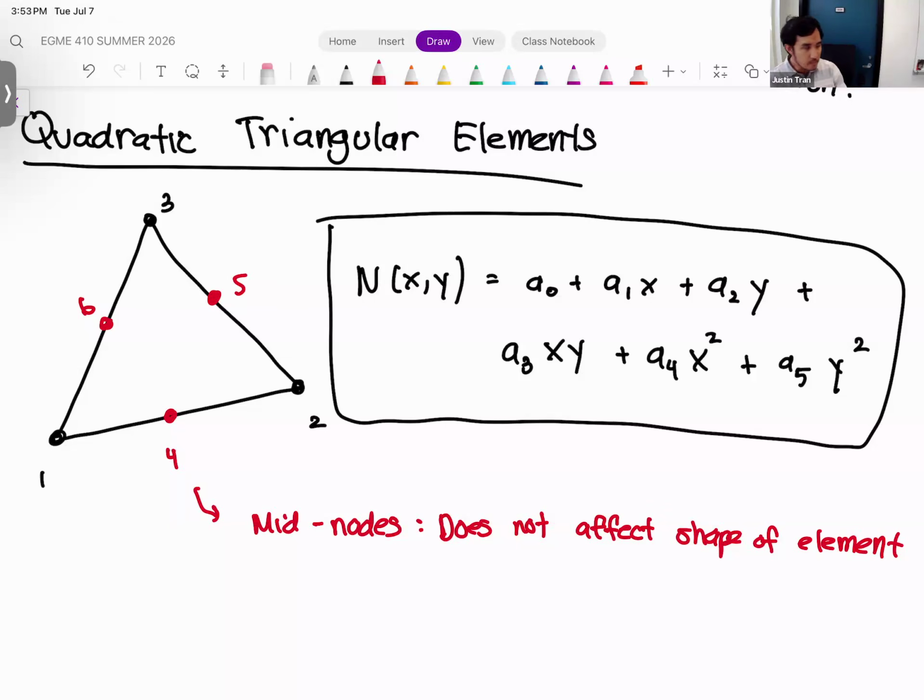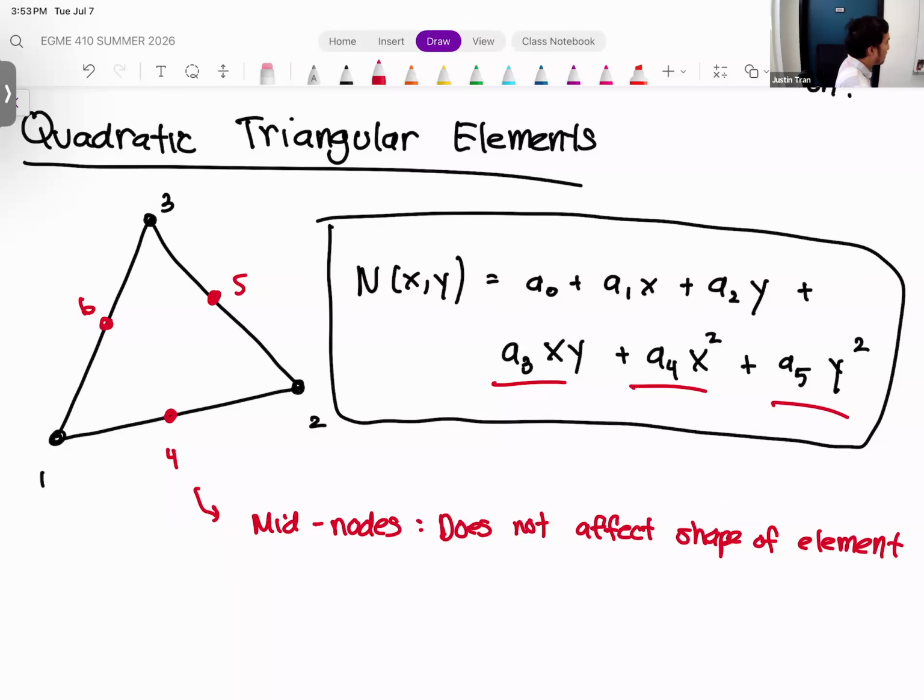Okay. But we have to include them, otherwise we'd be stuck with the original 3 nodes, and we can't make a quadratic function with just three nodes. So we have to add the mid nodes in order to account for them. Okay, so you can see right away that our quadratic triangle here has much better solution characteristics than the linear triangle. Okay, so we have these three